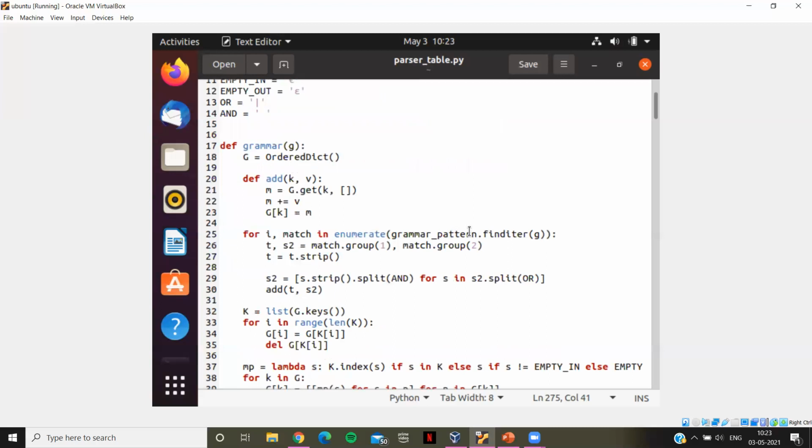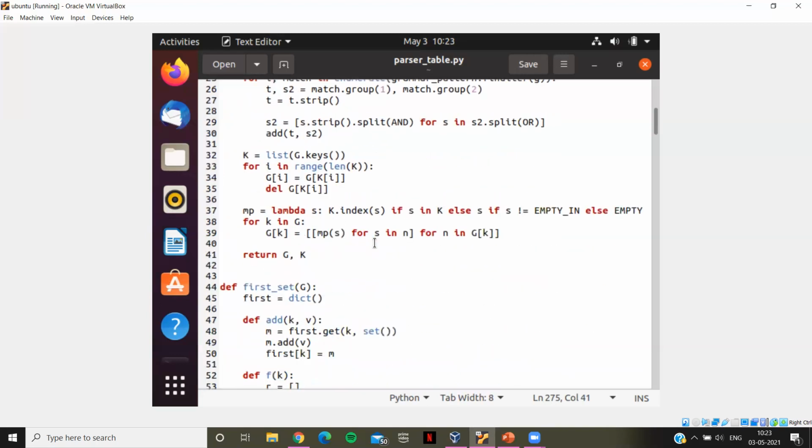First one is def grammar. This function accepts the grammar we are using, and one thing to note here is that we are using OrderedDict. Like we discussed, this is a bit different from the regular dictionary in Python. This dictionary can also remember the order in which we are giving the entries. So this function def grammar is used to accept the incoming grammar, and then we are storing it in G. The next function will be explained by Aishwarya.